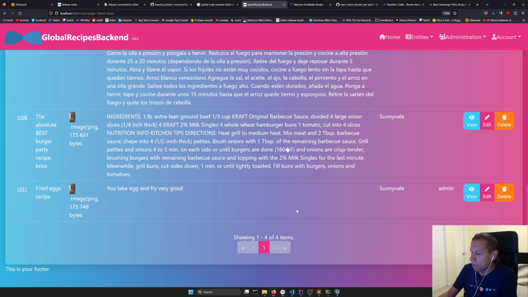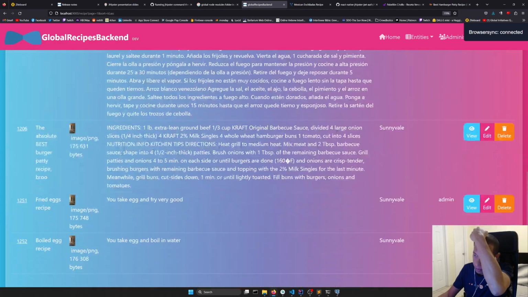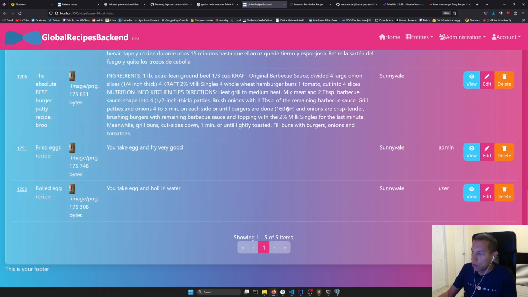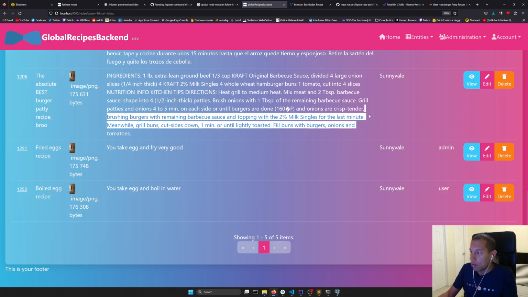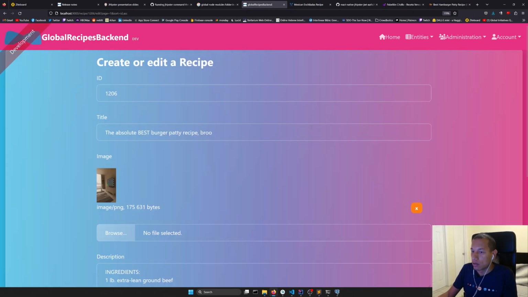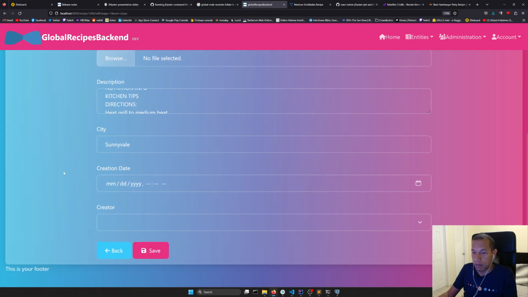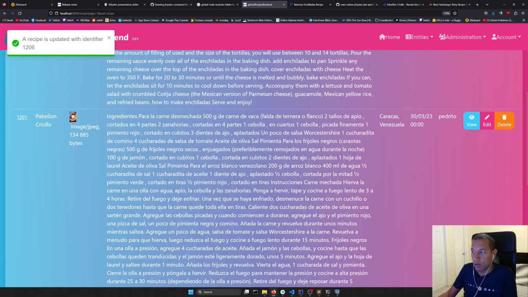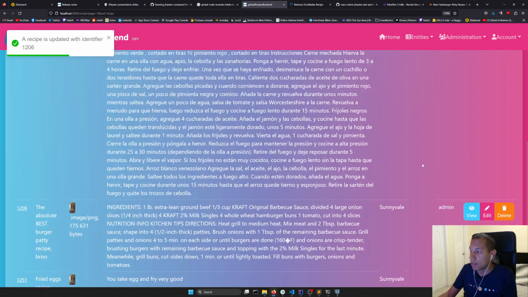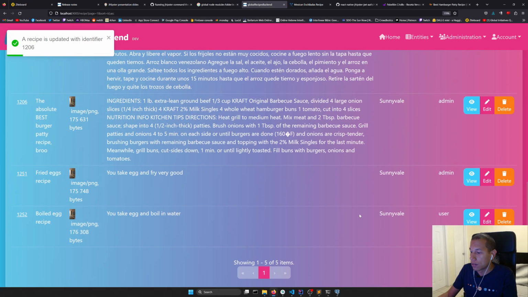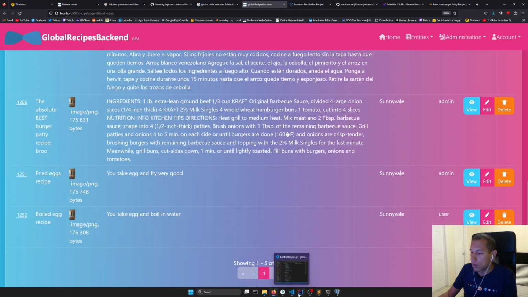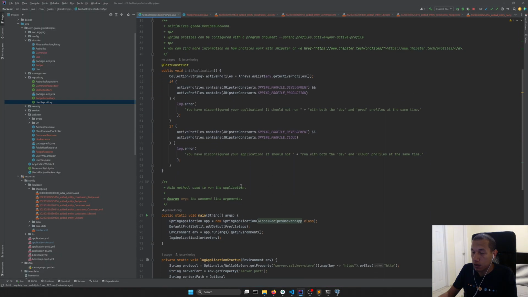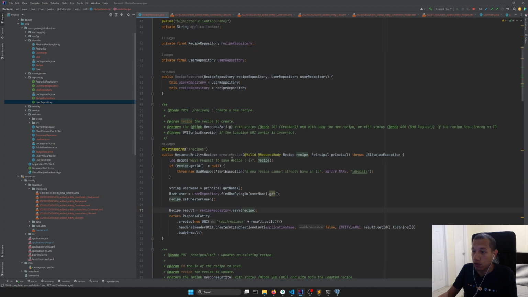And when we save it, we reload over here, and you can see the creator is now the user. And we can also edit this to add it to the admin, because in the previous time we didn't do it. Oh, also we need to add the date, because we're not adding it. So to do that, we need to go to our recipe resource again, and to our recipe,